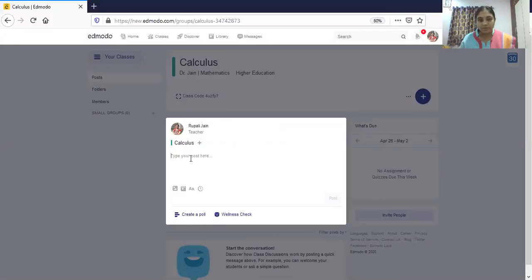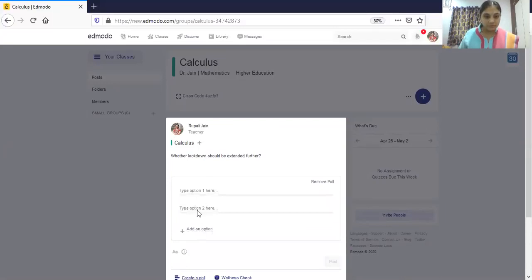For example, suppose whether lockdown should be extended further. You can have the opinion of the students. You can create a poll for that.